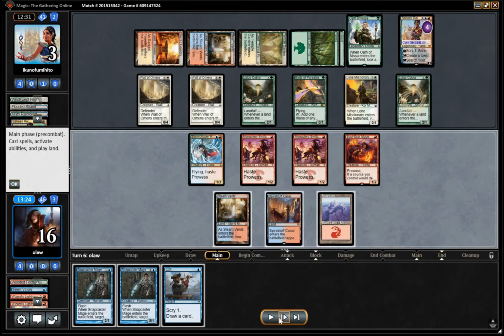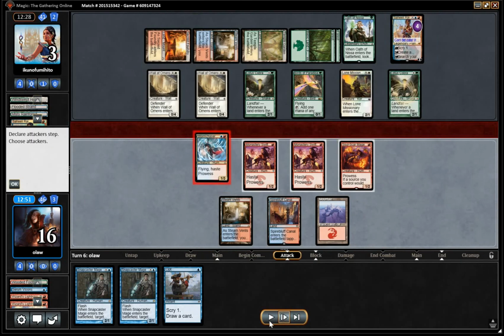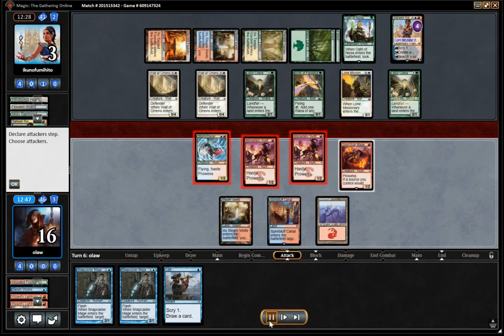So yeah, fortunately didn't die there. As I say, there was a possibility that our opponent would have Saheeli'd into Felidar Sovereign, and that would have been game over. Drawing to Opt, which is nice, but we're actually just going to be able to Snapcaster Wizard's Lightning here. I do the attacks anyway,